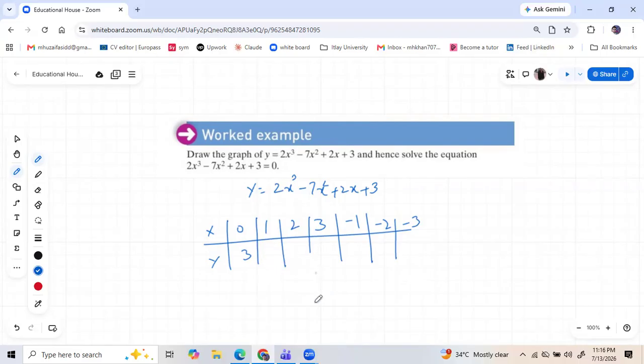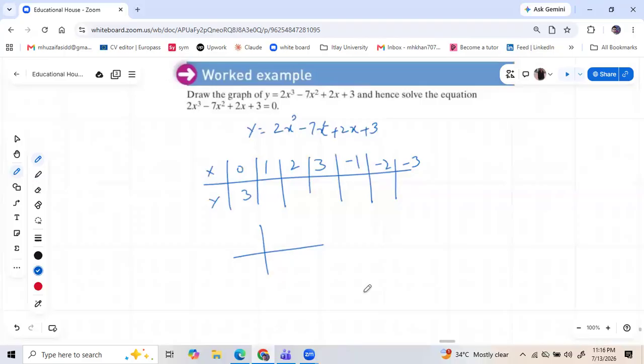Then you can draw the graphical representation, or make the graph like this one, where this side of the x-axis is positive, this side of y is positive, this side of the x-axis is negative, and this side of y is negative, and you can draw the points and hence solve the equation. So look at it here. We are checking with the help of factorization whether our factors are okay or not. Otherwise we are totally